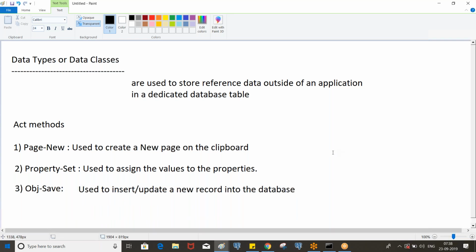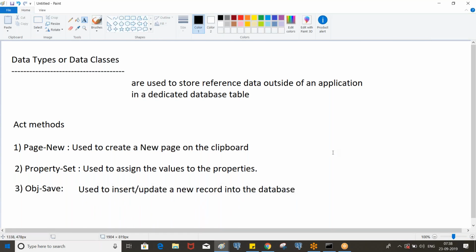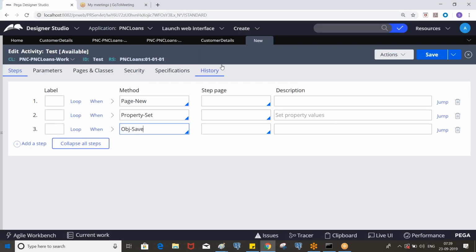What is the key ID to fetch this data? We are not fetching now. First, we are going to insert the data into the database table. Later we will fetch it. So now, are you clear about these three steps? This is happening internally when it comes to work object saving. When we execute a flow, the py workpage is getting created automatically, and whatever data we enter on the user interface is mapped on the same page and stored into the database table.